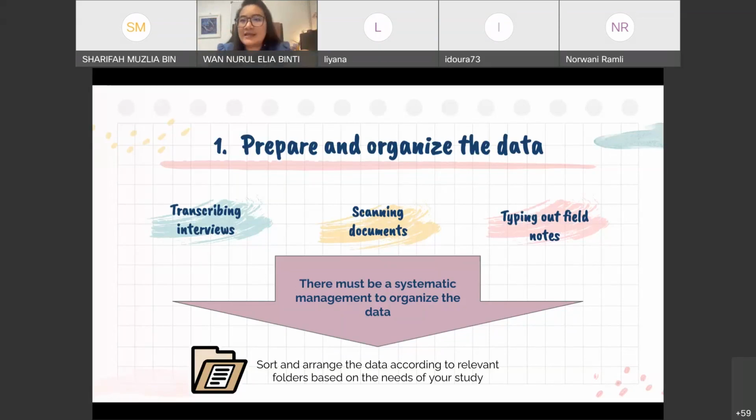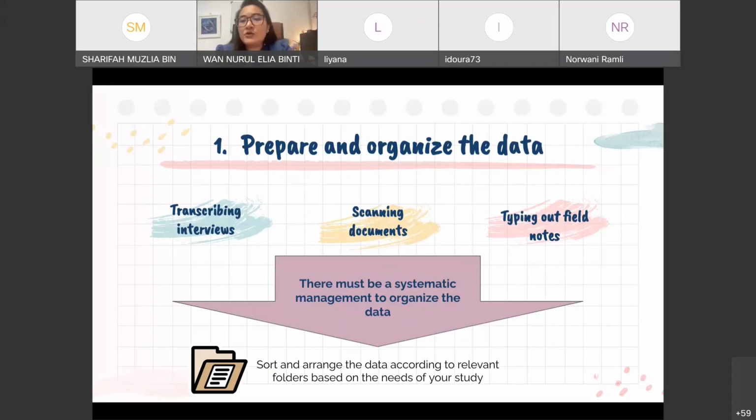There is some form of software that you can actually use to help you to analyze those data. If you're using a software, normally if the documents are in hard copy form, there will be a need for you to scan the documents and to upload it in the form of PDF so that you can use it with the software. But if you're doing it manually, that's fine. You might not need to scan the documents.